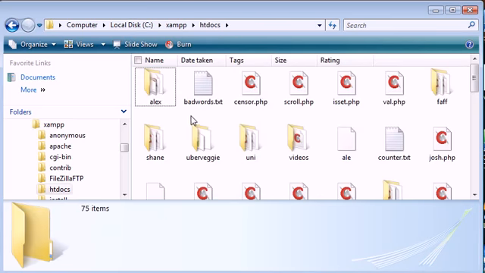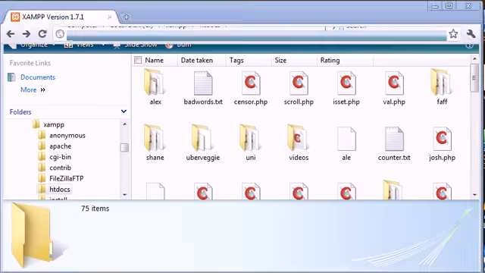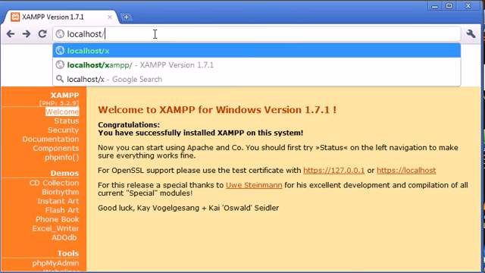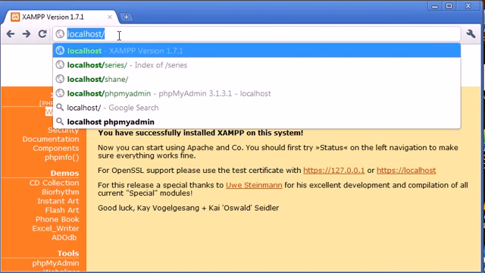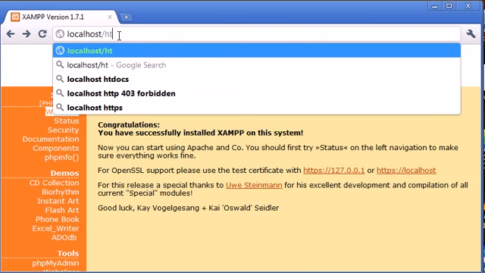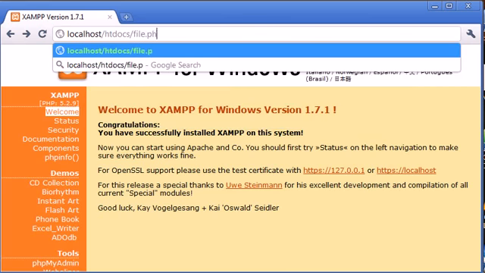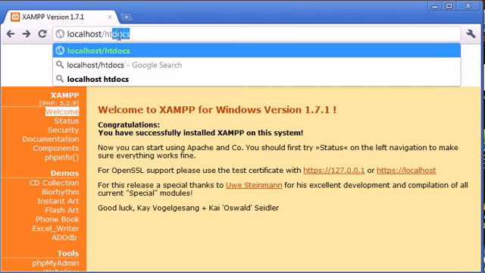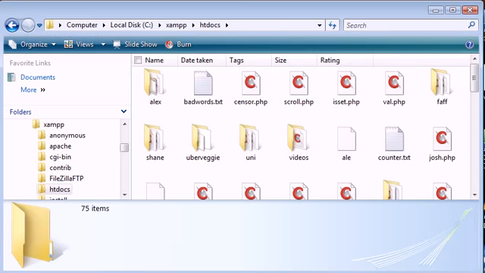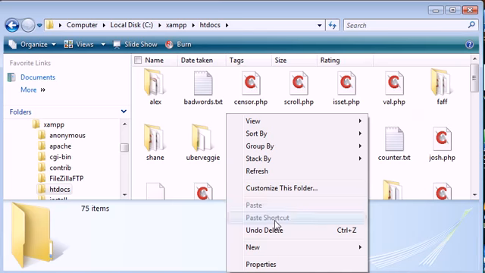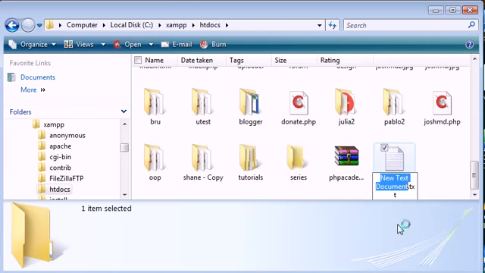I've got a few files in here, but we want to create our PHP file in here. So let's just open up our browser. So you know now that we access our local server from localhost. Now we don't need to do localhost/htdocs/ and our file, because htdocs is the root directory, if you like, for where our file should be. So let's go ahead here and I'll create a new text document,